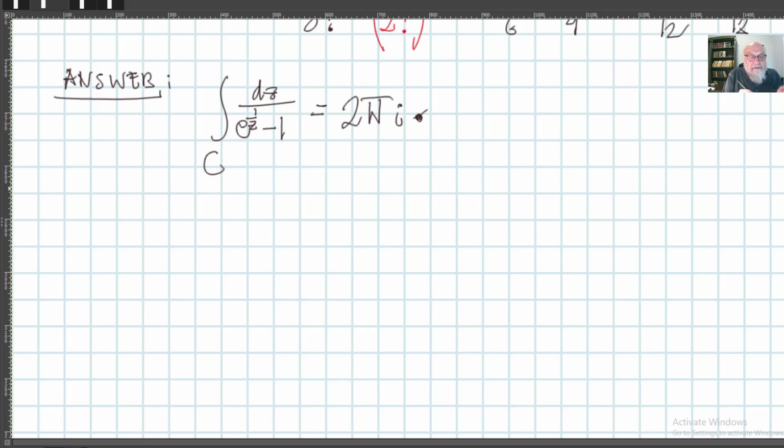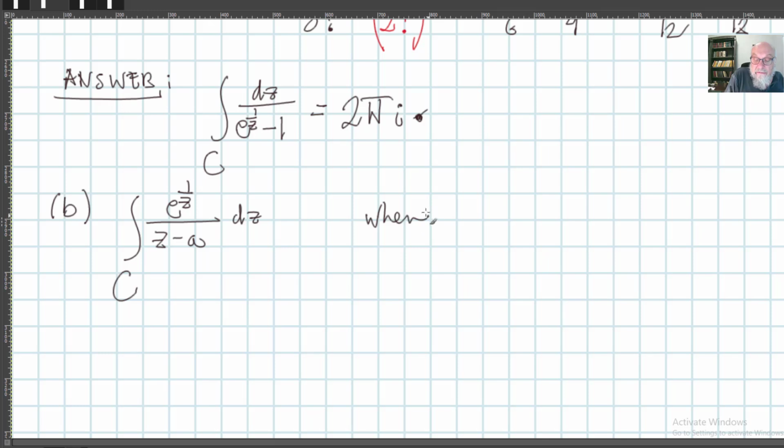Let me present another example. So this is another example B. Let me check. We have the following function. So let's say like this: integral, where you have c, and then you have here e^(1/z) divided by z minus a, or can be minus, can be plus. So dz,